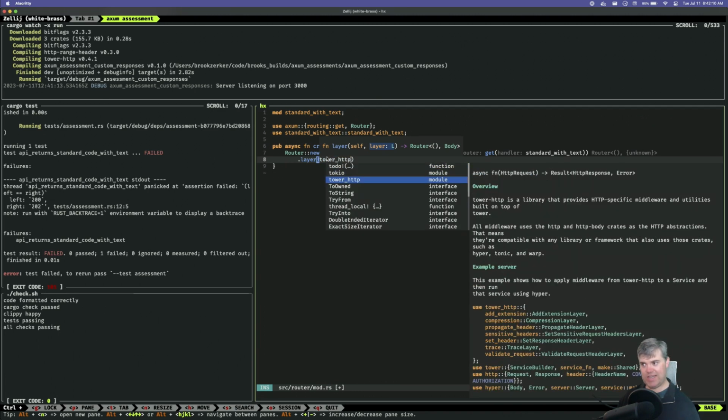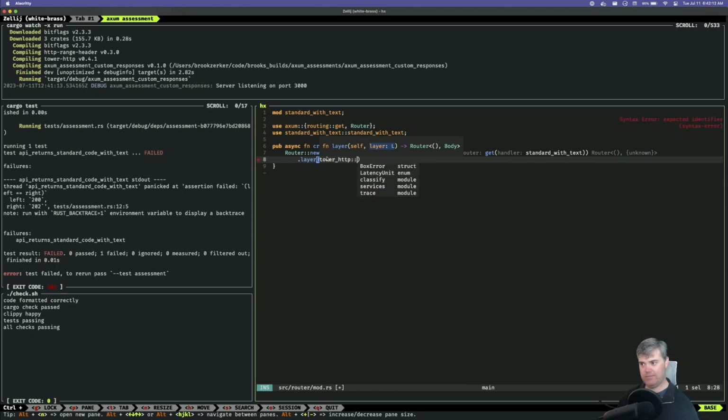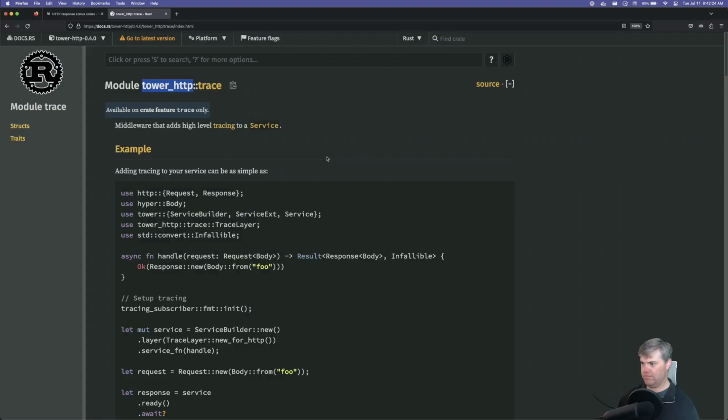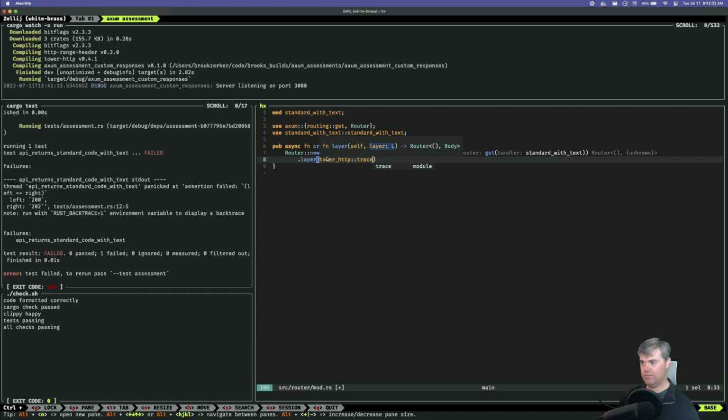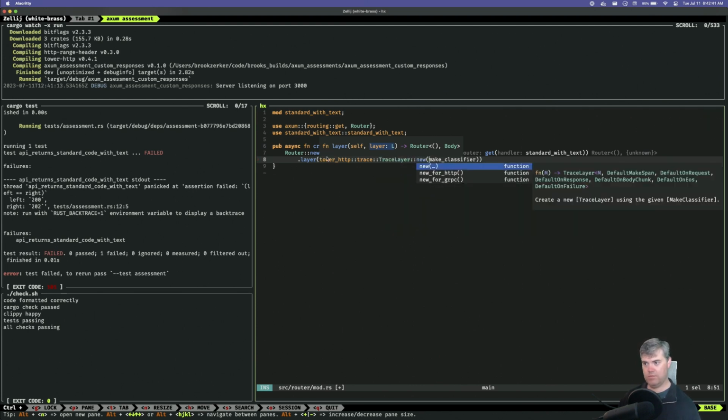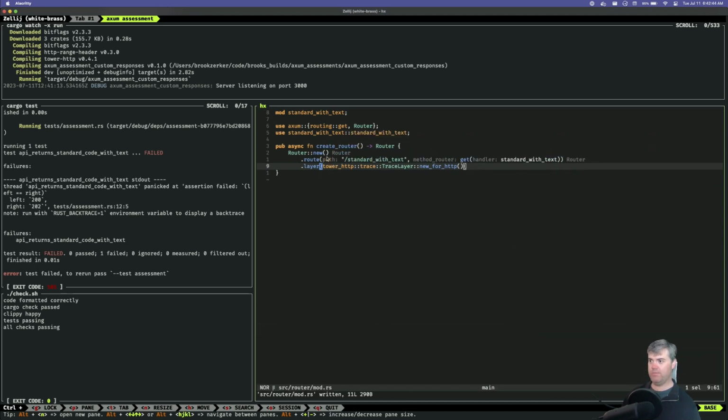I want to do tower HTTP trace, trace layer, new for HTTP. There we go.